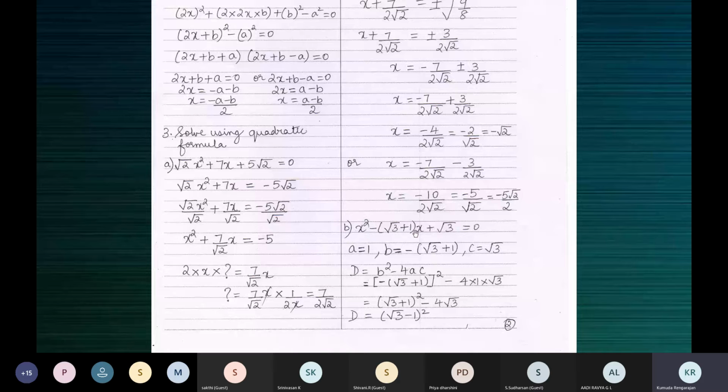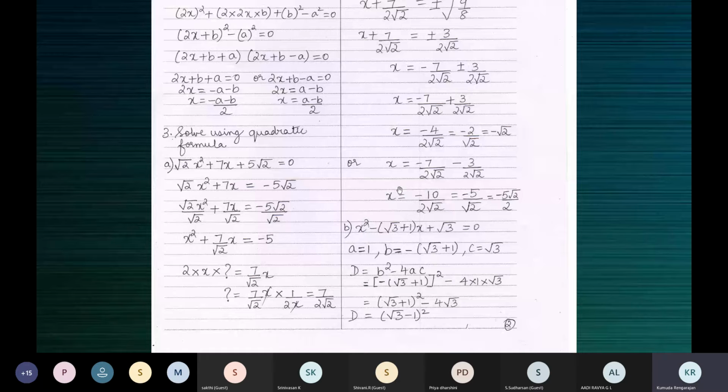If you can use a different method, it's so easy to factorize this. But this one we have to solve using the quadratic formula. It's a little time consuming. Otherwise, if you can use any method, then it's very easy. We'll see that also later. So now by using the quadratic formula, let's first get the values of a, b, and c. Coefficient of x squared, 1, is a. The coefficient of x is b, and the constant is c. That is the first step.